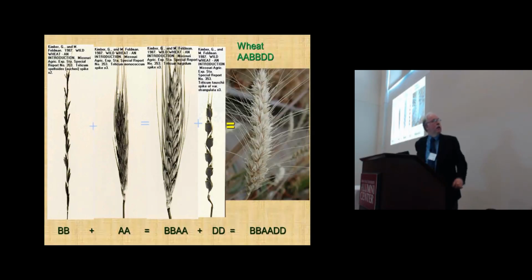Okay? The A genome, this is representative. It's Triticum urartu. This actually is a Triticum monococcum relative. That forms the Triticum dicoccoides. Okay? And quite easily you can hybridize dicoccoides with tauschii to get bread wheat. So we make what are called synthetic wheats. We're recreating it, and it's done routinely.